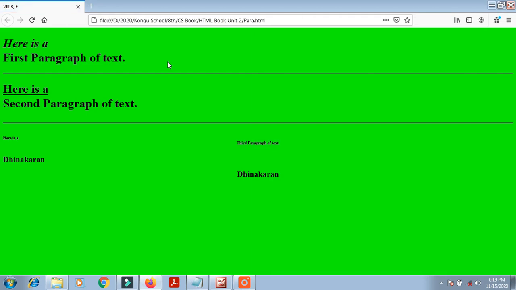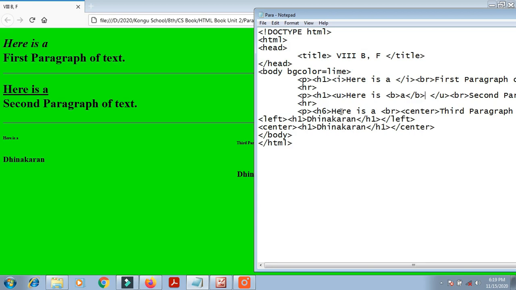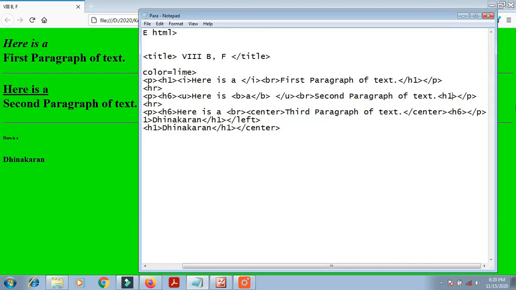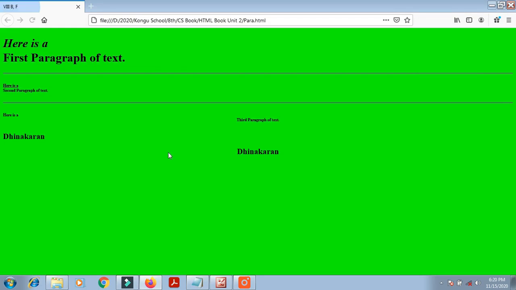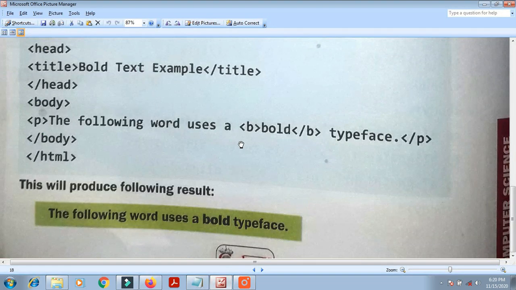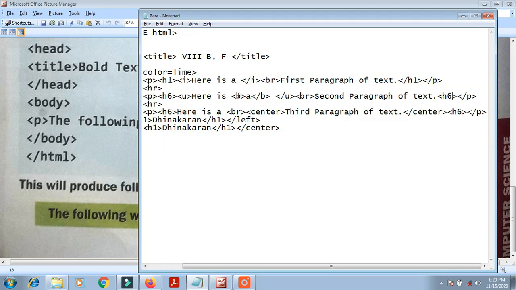I'm giving refresh. It is already bold there because the font size is bigger, so the opening and closing tags were only given on the second one. If you change it to H6, maybe it will show higher. I change it now and refresh. B and bold, those are the correct letters. It is working.